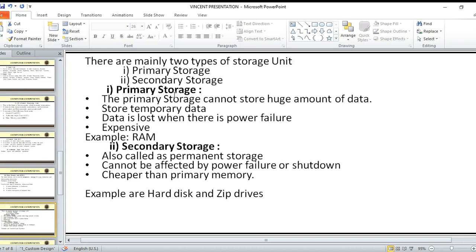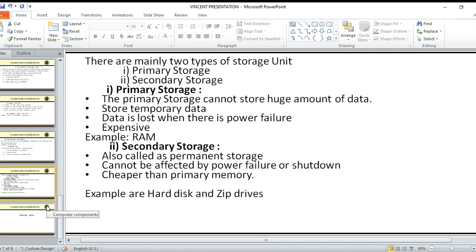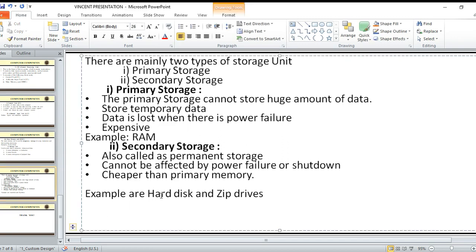Secondary storage is meant for permanent storage. And when we talk of permanent storage, it means this cannot be affected by power. Its data is intact and it is rarely lost. Then it is cheaper than the primary memory. Examples of these memories are, can someone help us? And zip drives. Now,